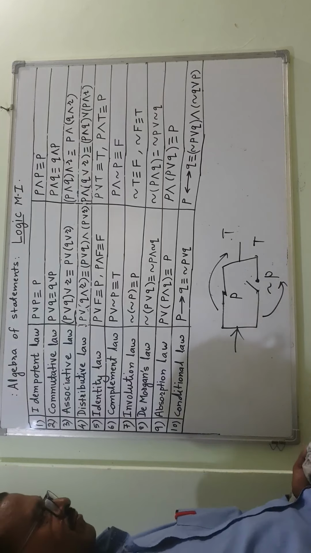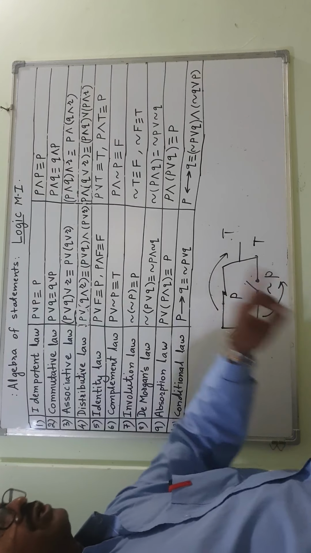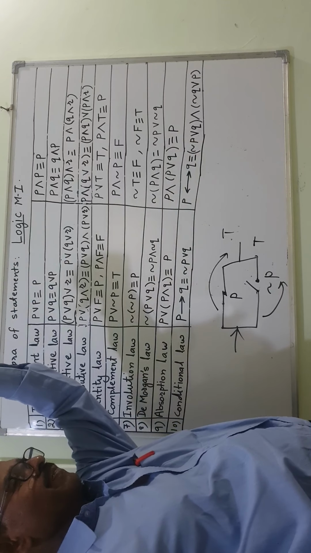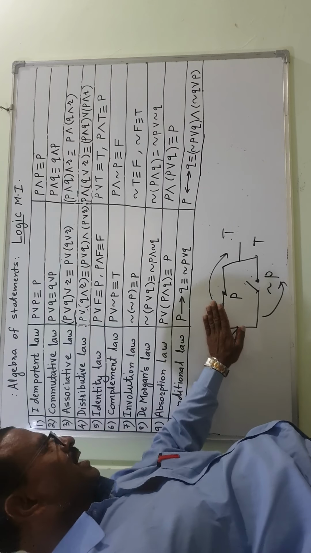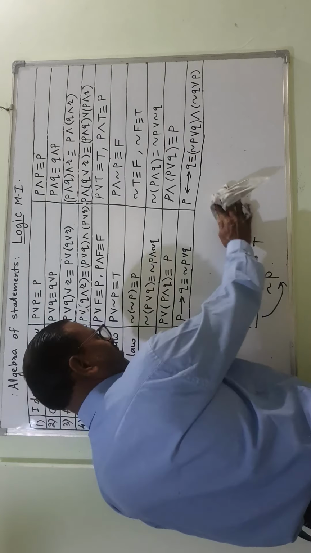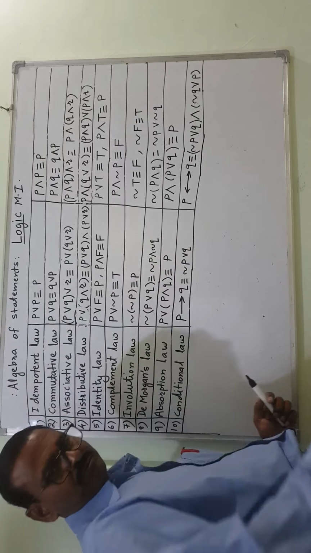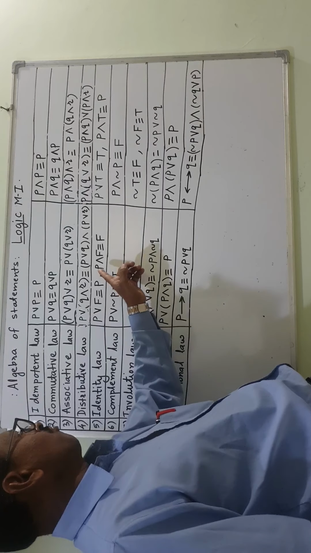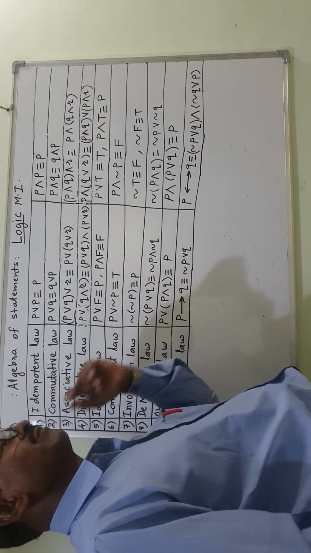you might have seen the staircase wirings. When you are entering, you put on the button, go up, switch off the button, and the light will switch off. There is the arrangement of such types of switch. So they are double pole switches. Okay. So P or negation P will be always true.